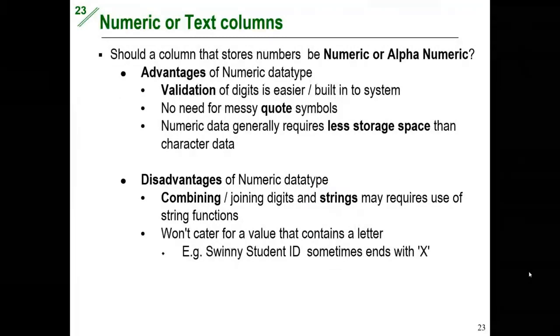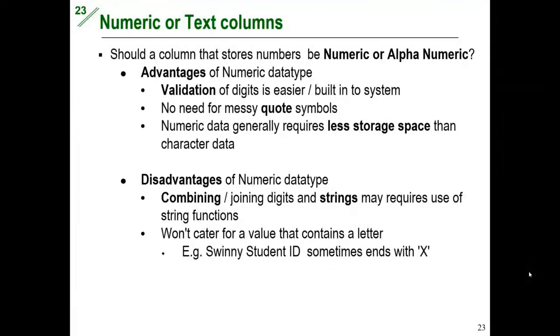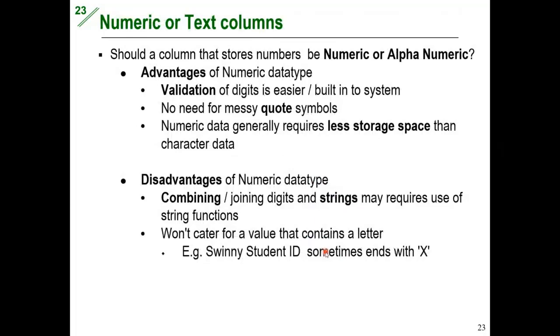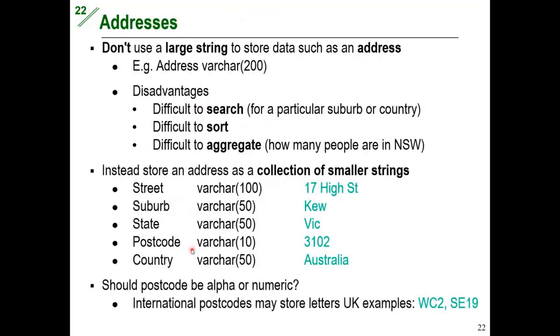Right. The other important thing is when it comes to numeric values and text values in a column: how do we decide that? In the earlier example, we needed to decide whether the postcode is varchar or numeric. Likewise, we need to make such decisions sometimes. There are some advantages, of course, and there are some disadvantages associated with numeric data as well. The main advantage of having numeric data, like in this case the postcode,